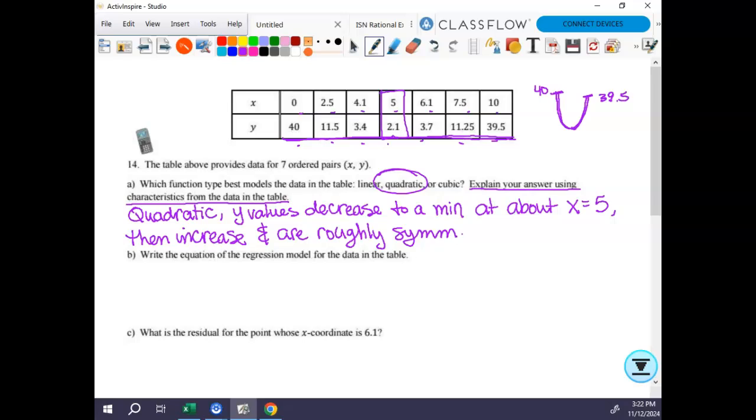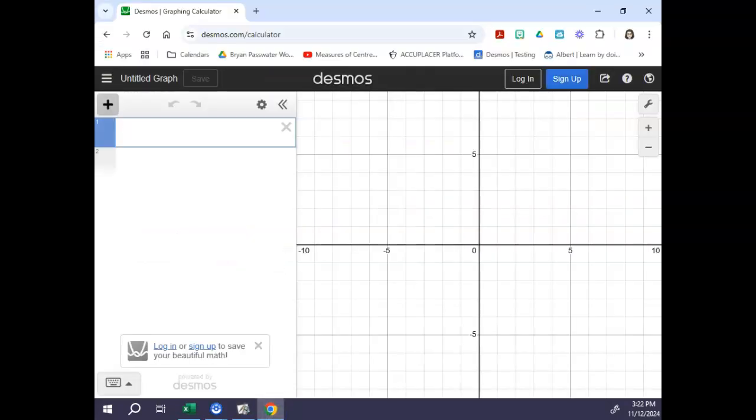Whereas if we just had a function and we knew exactly what the function was, then it would be. But those are the words that you need. Okay, so now it says, write an equation for the regression model for the data in the table. So this is where we go to Desmos, and we are going to add a table, and we're going to add our x values,